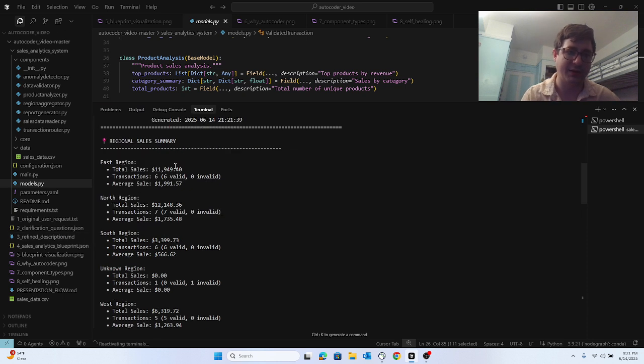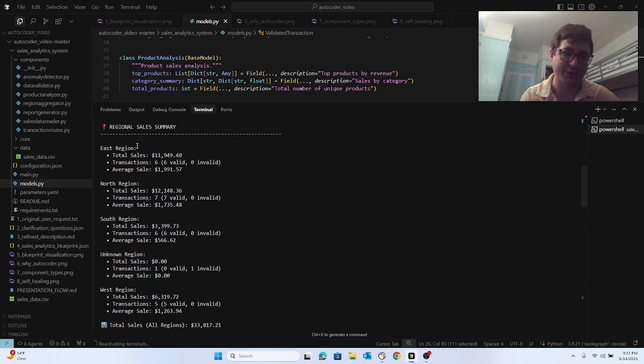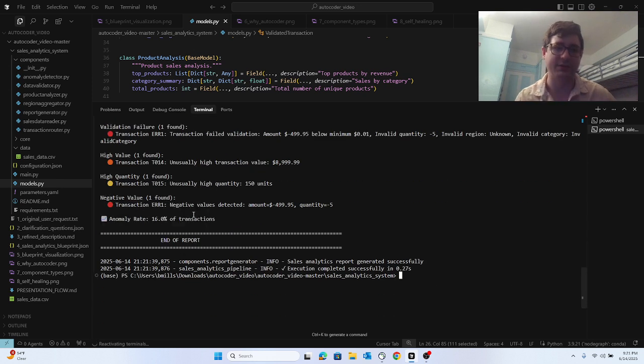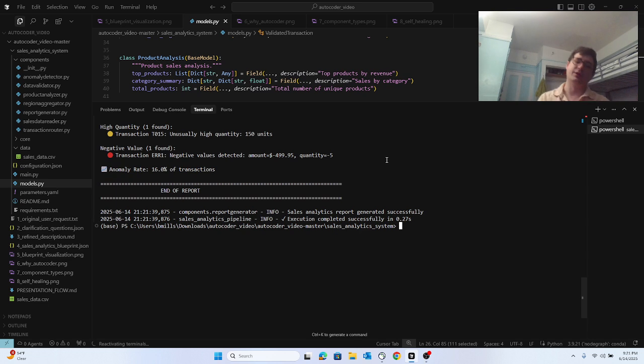So it created this sales analytics report with regional sales, top products by revenue, sales by categories, anomaly detection. And so again, this is a sample use case, and Cursor probably would have been able to handle something at this level of complexity. This is not a hugely complex program, but the idea behind all of this is